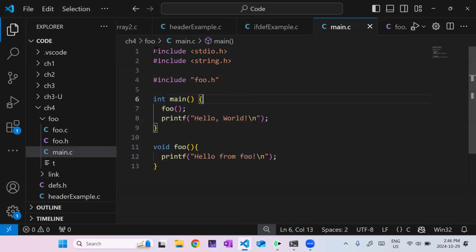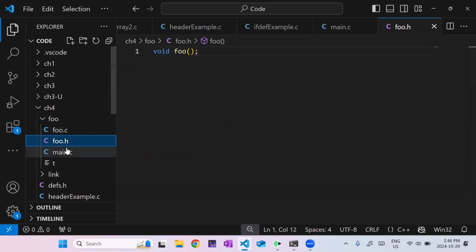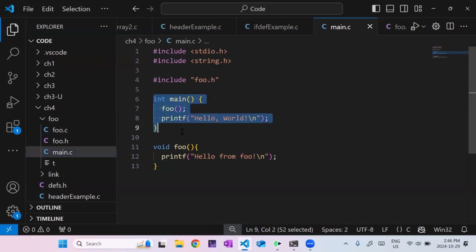It starts here, it starts reading, it imports these libraries, it gets the foo.h, it jumps, it reads this definition, it comes back, and then when I use it, it says, oh yes, you've told me you're going to be using this. I don't have the code yet, but that's fine. And then it gets down here and it sees the implementation and everything's great. Okay.